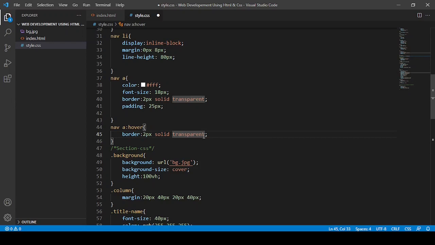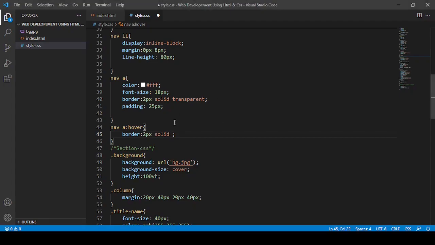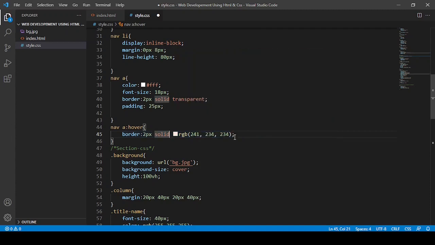So in this transparent, I think white color will be nice, or something like gray. Let me say hashtag FFF, and let me use the built-in color picker of VS Code. So I think this will be nice.